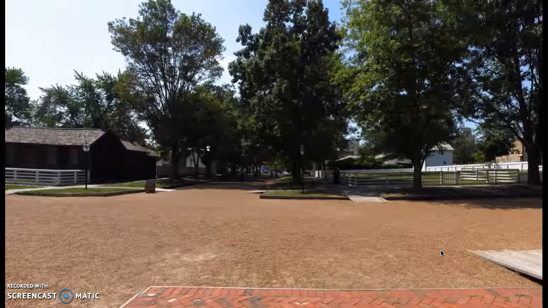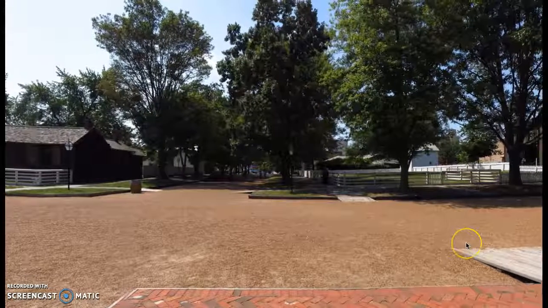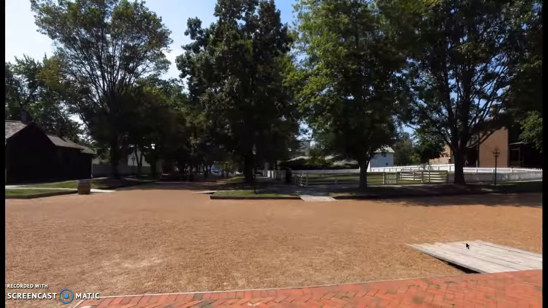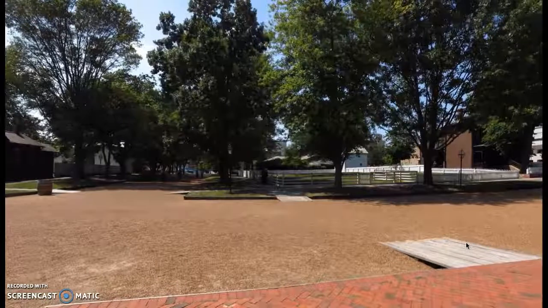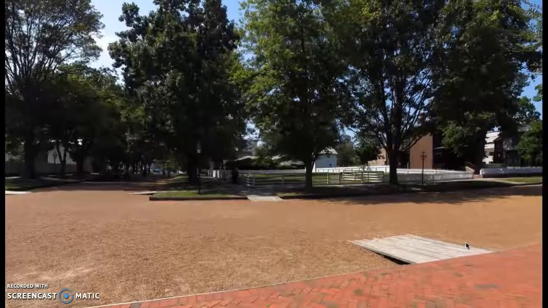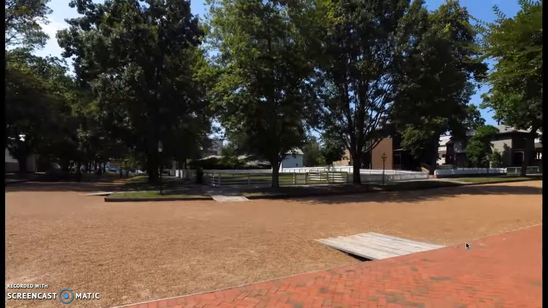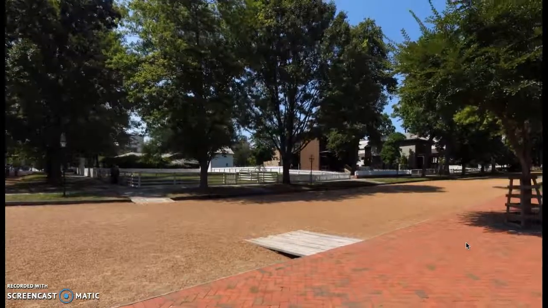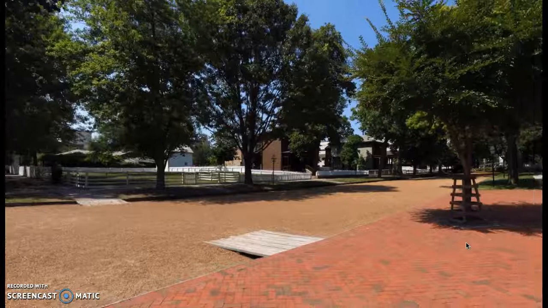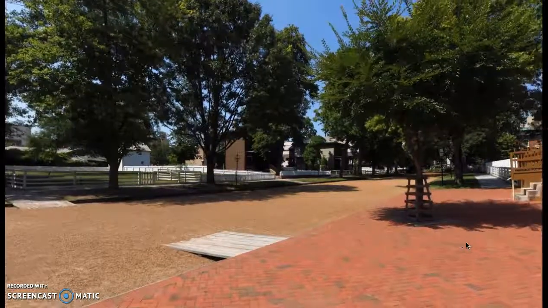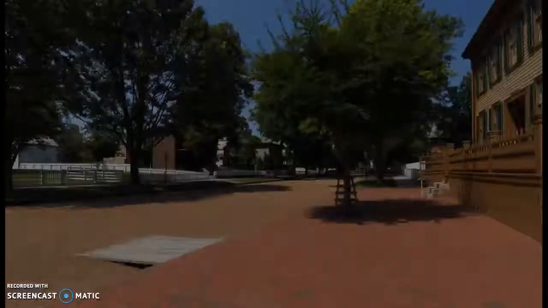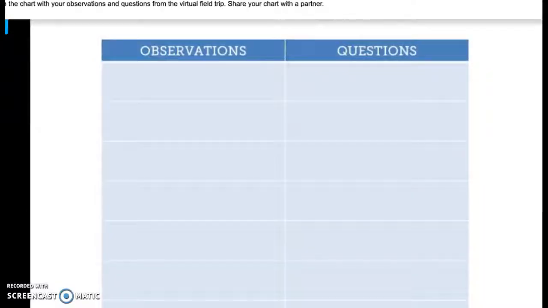And as you can see, the screen is rotating so you can see all around. I think one of the neatest things about this app and the fact that it includes stuff like this is that, especially with the youngsters, you're not going to be able to get out and about and out of the classroom very much. So this allows them a way to see